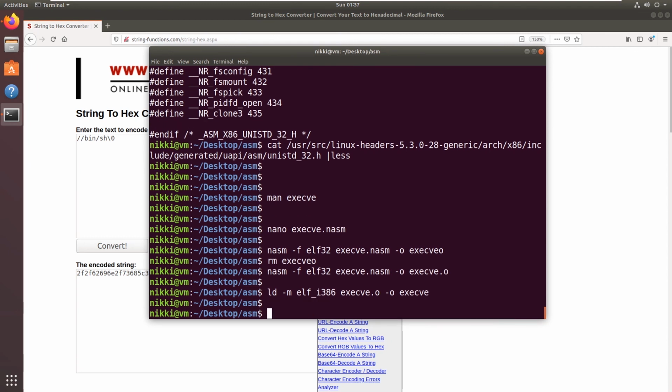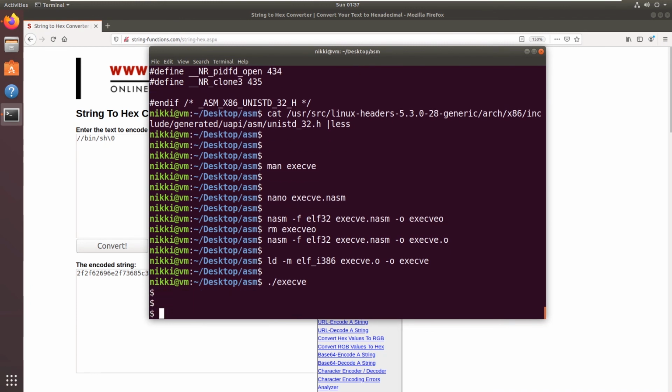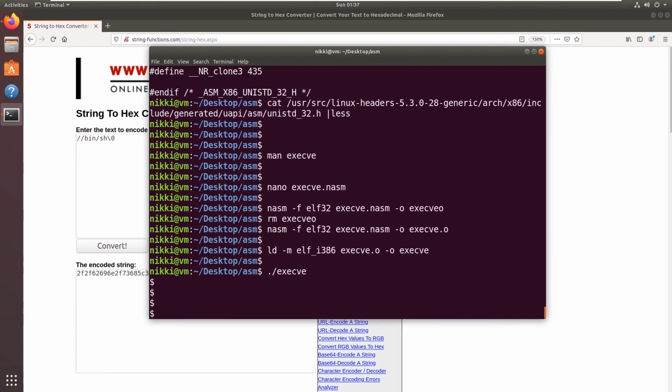Now on execution of the execve binary, we get a shell because we are executing /bin/sh. So there you go guys, we have successfully got the shell from the execve system call.